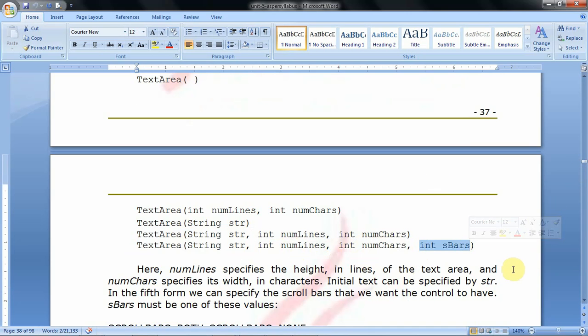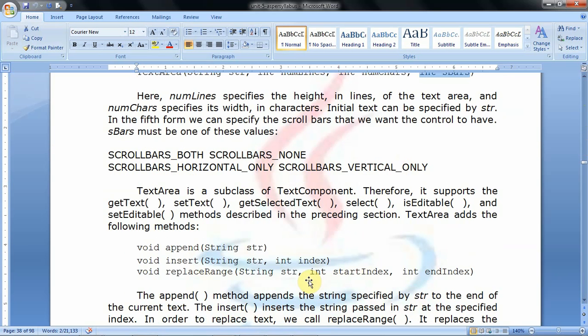So we can add scroll bars to the text area. Because the text area contains multi-line data, to view all the lines we need to add scroll bars. That means we can add either vertical or horizontal scroll bars to the text area.